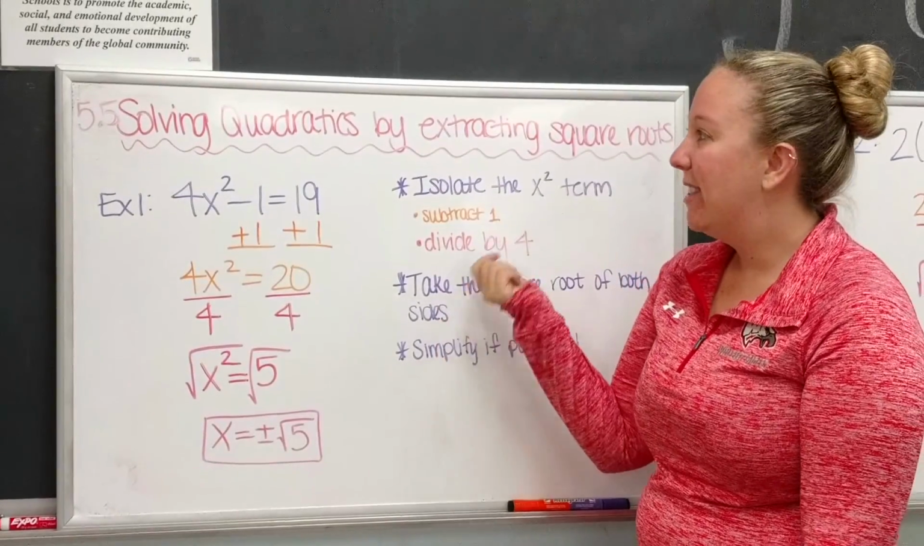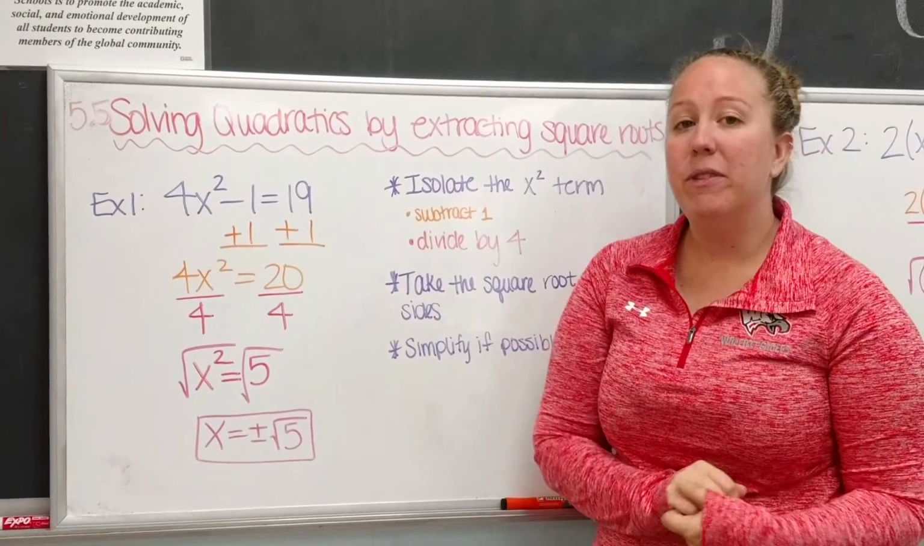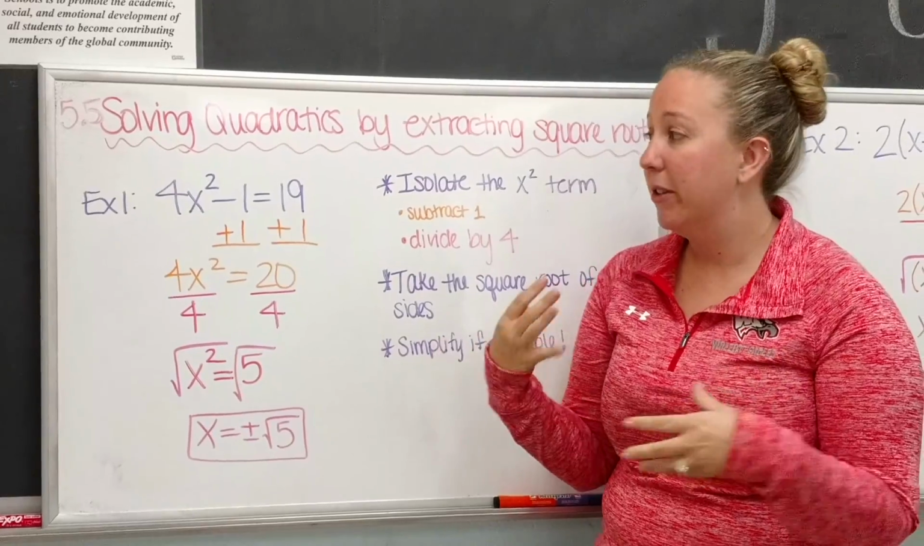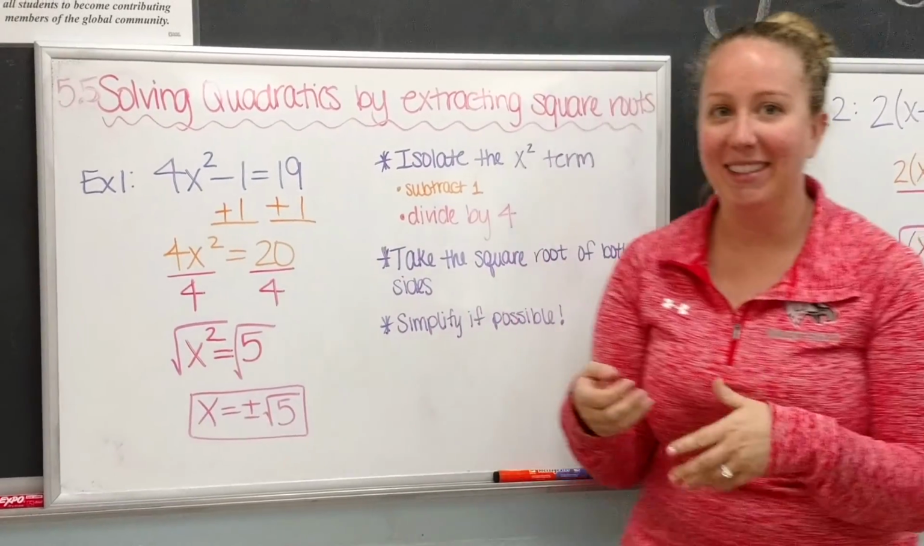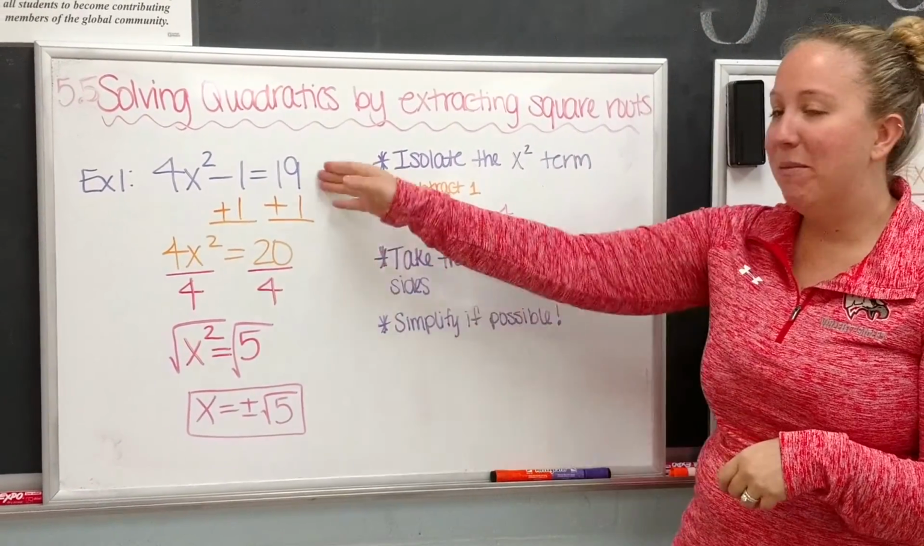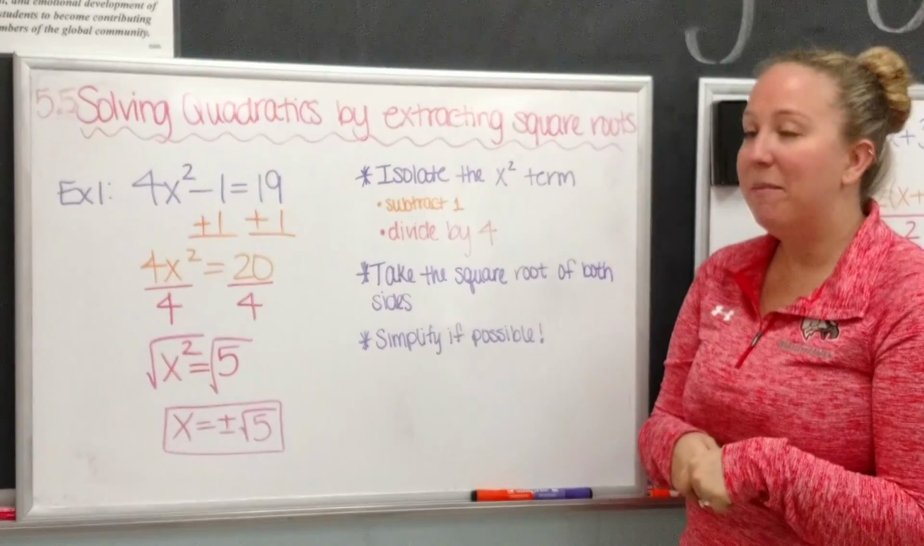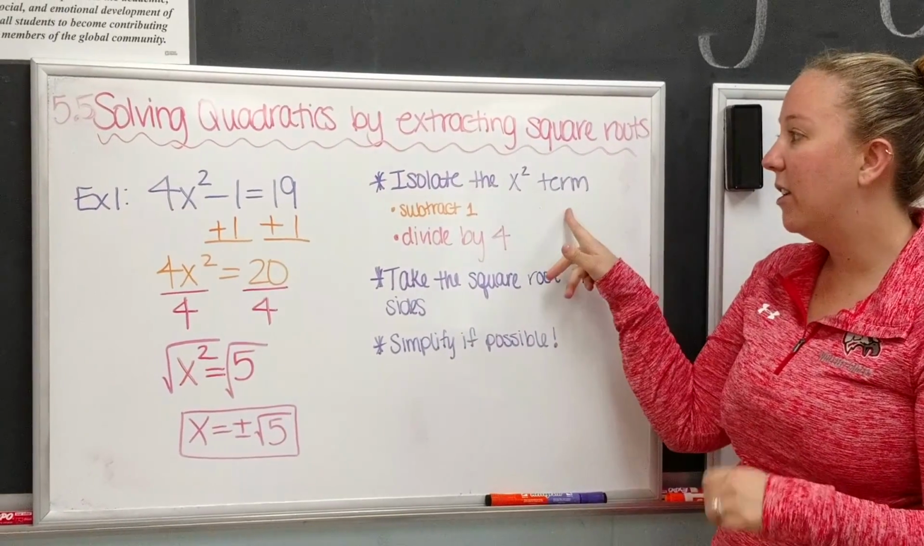Today we're going to talk about solving quadratics by extracting square roots. It's another way to solve quadratics when you're looking for those x values that x is equal to. So, example 1 says 4x squared minus 1 equals 19, and the first thing you want to do is isolate